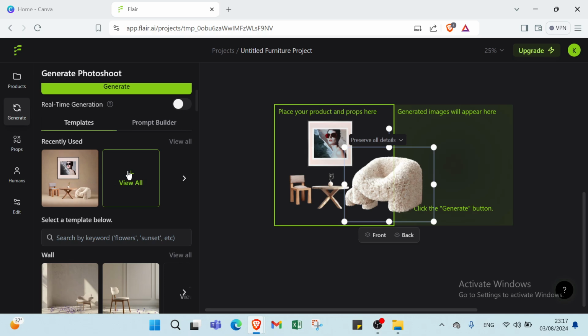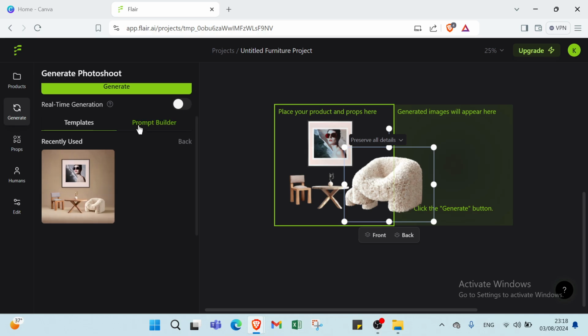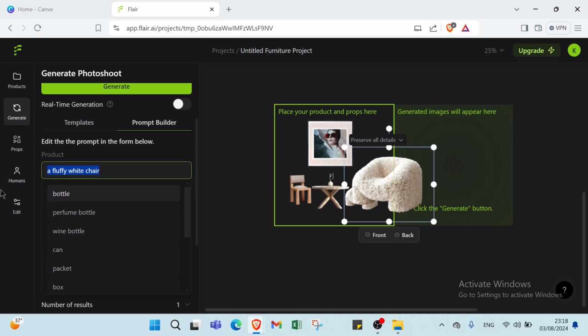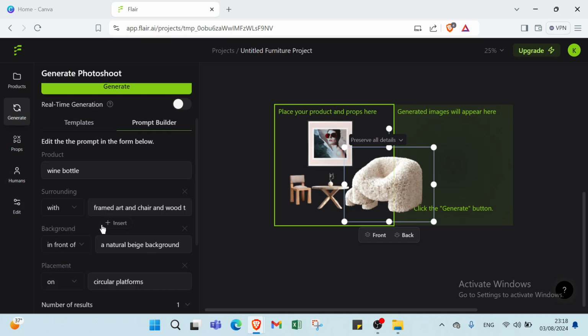Then we also select the view of the prompt builder. Here we edit the prompt in the form below with the name of the product, like barrel, wine barrel. Let's choose one, and here we have surrounded placement, surrounded background, custom. You have on and background. You have in front of, against, with. Then you have placement here: emerging from, right, balancing, and line, and you write